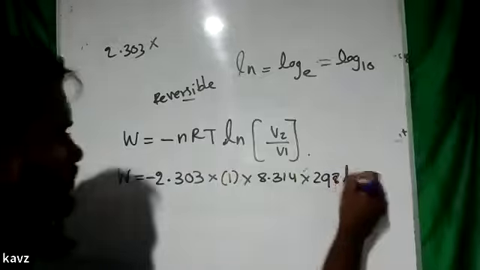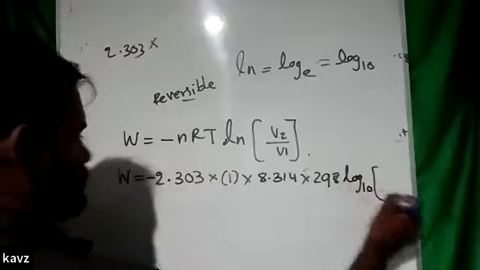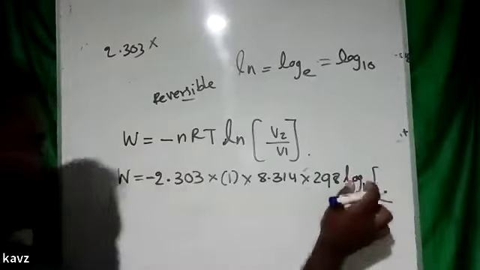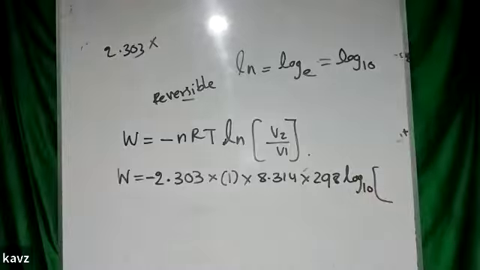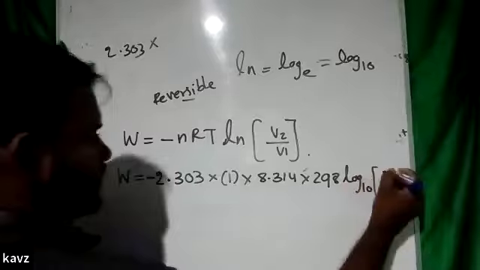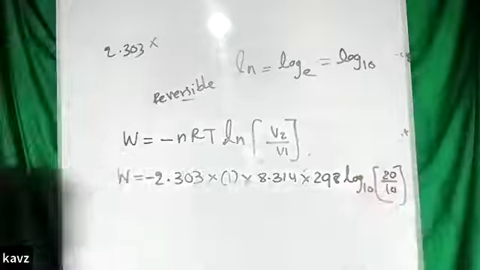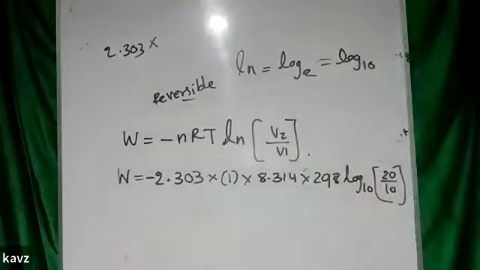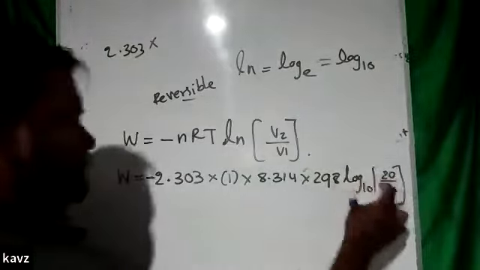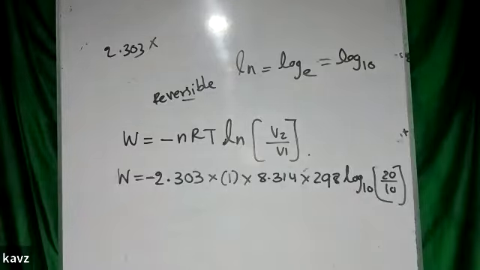And this becomes log to the base 10. When you multiply by 2.303, it naturally becomes log 10 of 20 divided by 10. No need to convert the units because it's a ratio, so if you apply liters, it's okay. Then